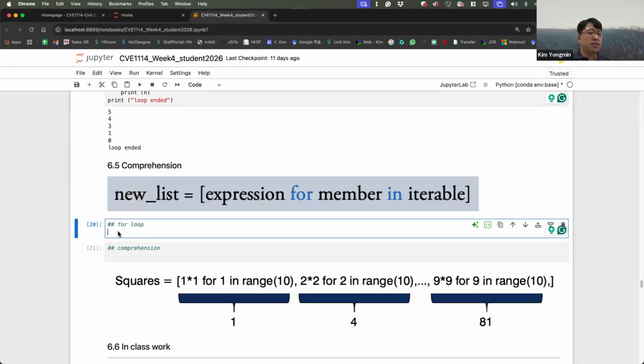Okay, I'll create a typical for loop. Lists, range 10. This is 10.